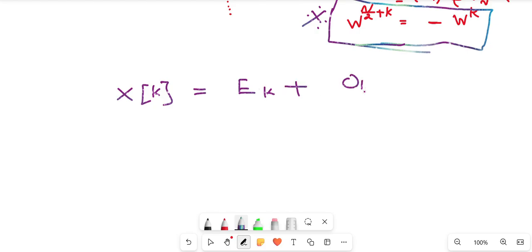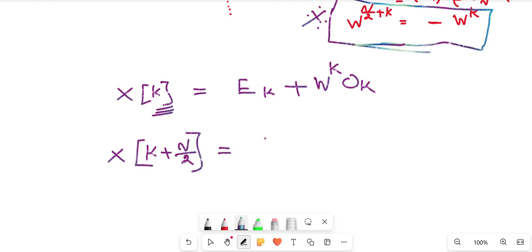The twiddle factor will be W_N^k. Since we are restricting k to N/2, because of the periodicity property, X of k plus N/2 is equal to your even term